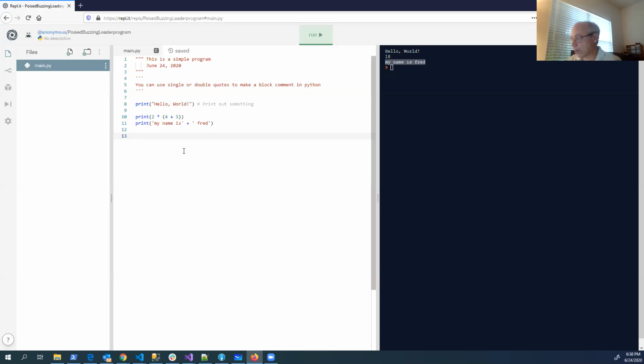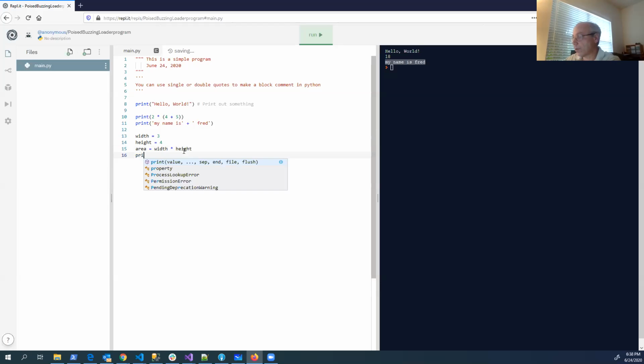So in Python, we can say something like x gets 3, or let's do this. Let's say width gets 3, height gets 4, and then area gets width times height.